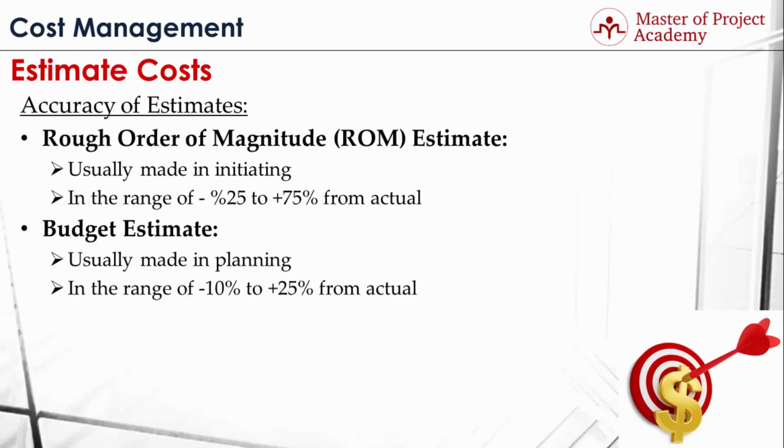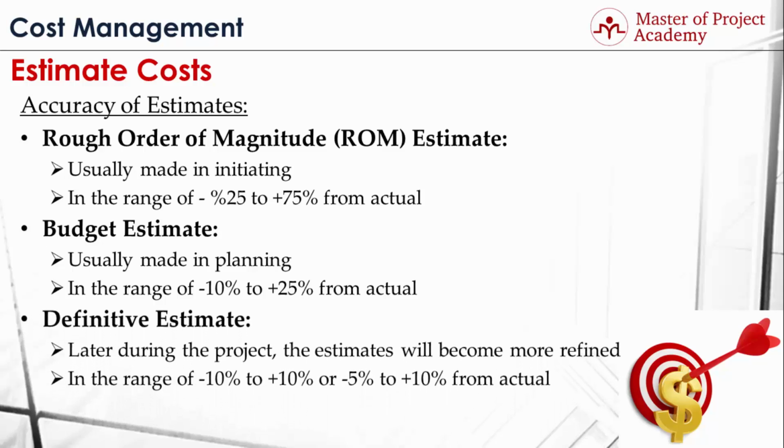Budget estimates of an activity are in the range of -10 to +25% from actual values. For instance, if an activity will cost $100, budget estimate gives a range from $90 to $125 respectively. The third and the last type of estimation range is